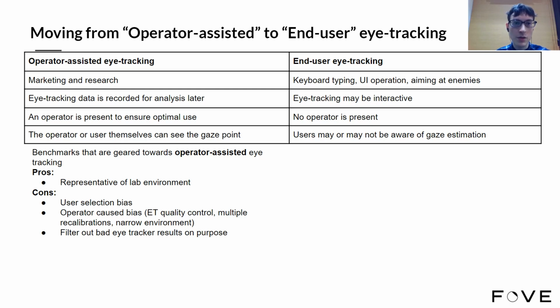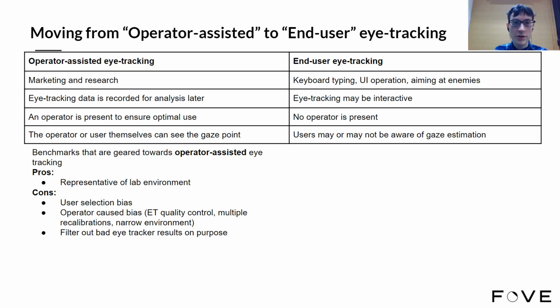Operator-assisted eye tracking assumes the presence of an operator who verifies the eye tracking quality. For example, sometimes an operator might request multiple recalibrations until the best quality can be achieved. This allows multiple recalibration iterations, where theoretically sooner or later even random calibration coefficients would converge to a reasonable result. That would bias the results and make them very operator dependent. The more restrictions we impose on the data collection environment, the more additional parameters we introduce that can vary from one research group to another.